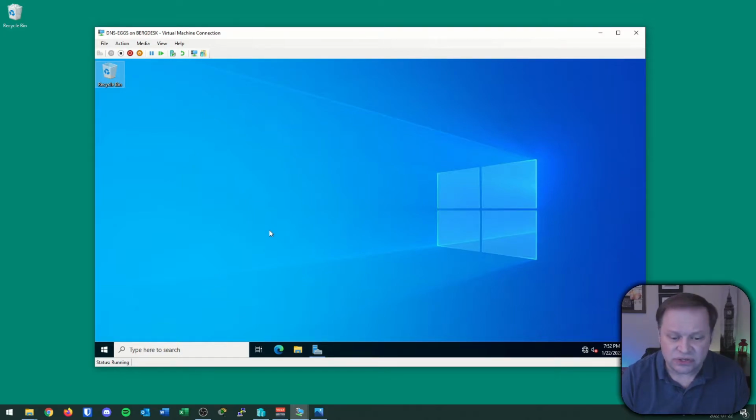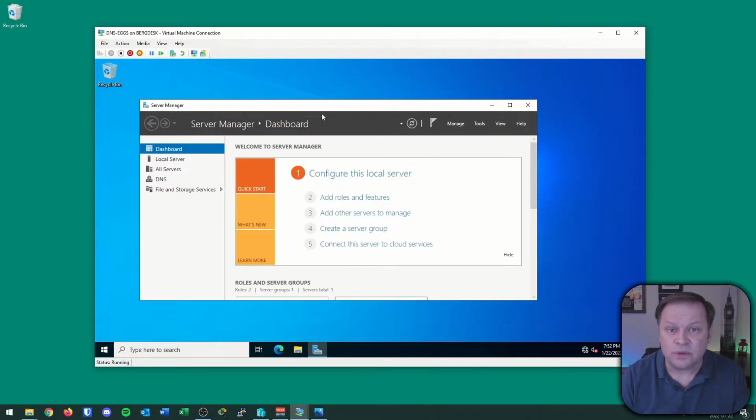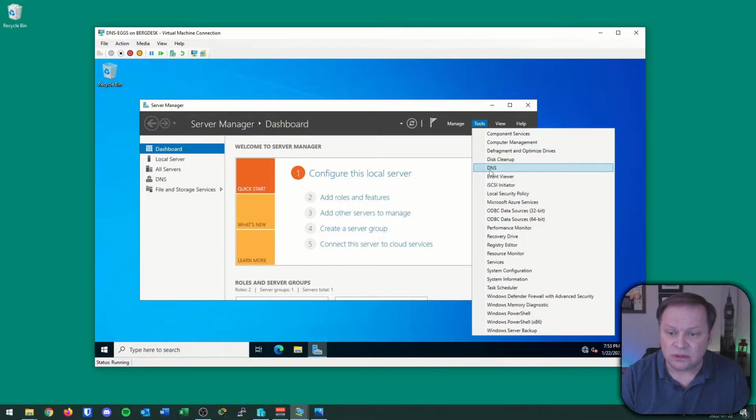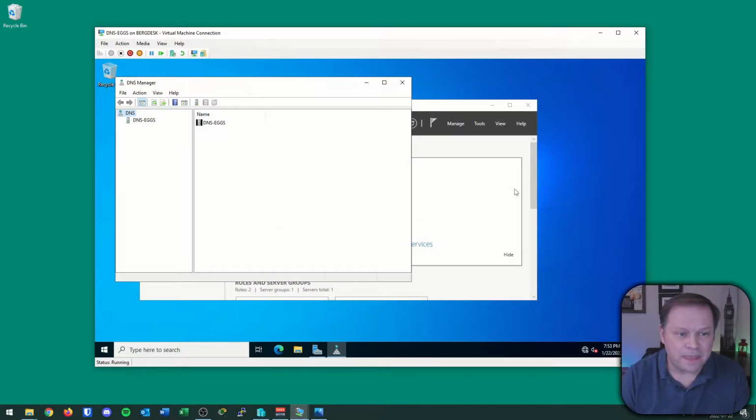and that's going to give you a little bit of a review on how we do this, but you could skip ahead if you're pretty comfortable with setting up these primary, forward, and reverse zones. Now, I've already installed DNS on this server. I'm going to load up the DNS snap-in, and let's rip through and build some records for DNS eggs to